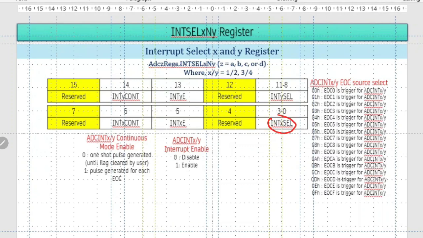In this field we have to select the interrupt position. So here we are using the SOC0, therefore after the end of conversion 0, the interrupt should generate. So here in this field we are writing a 00,